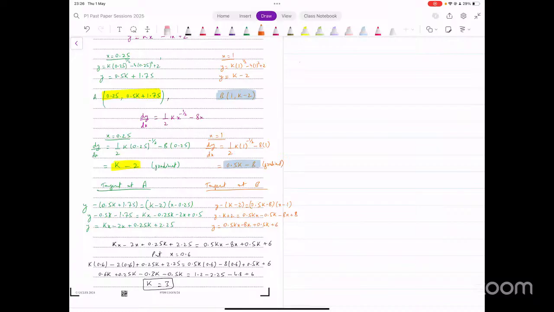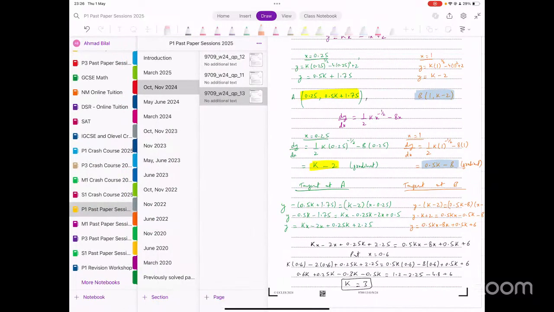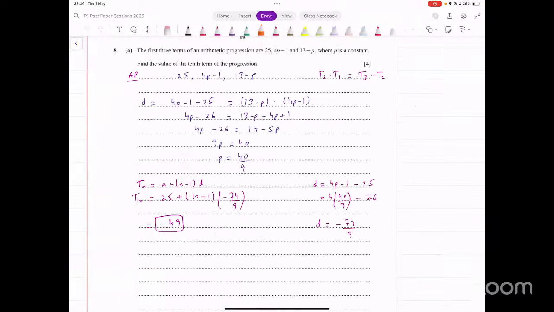अच्छा, मई जून 24 पेपर 1 1 ये देखते हैं। जून 24 पेपर 1 1, इसमें क्वेश्चन 11 पार्ट बी।